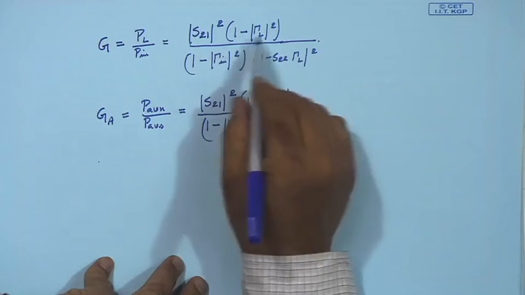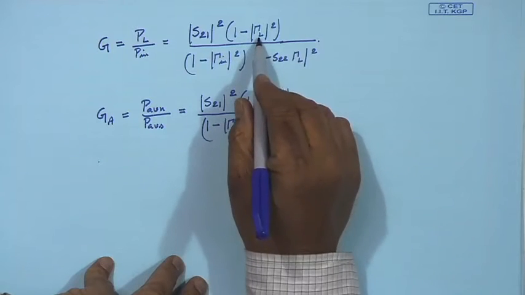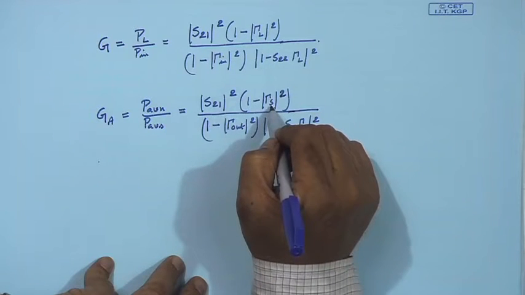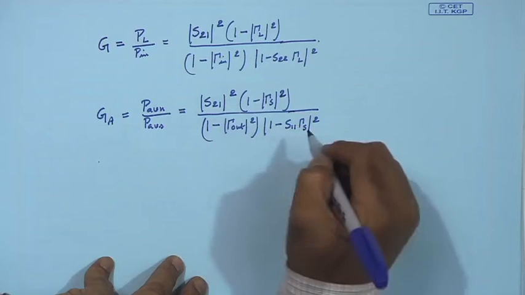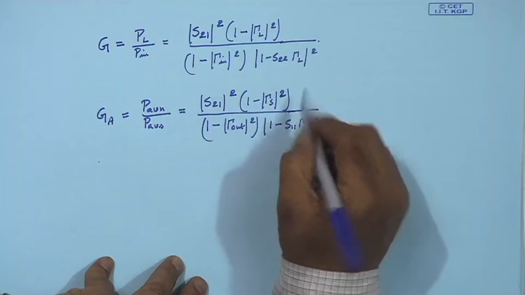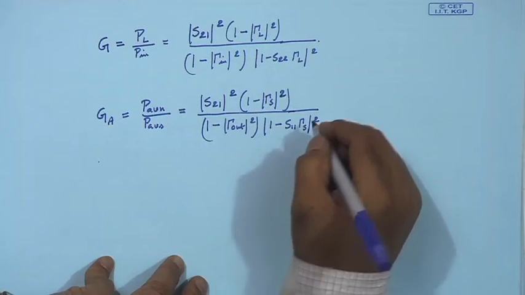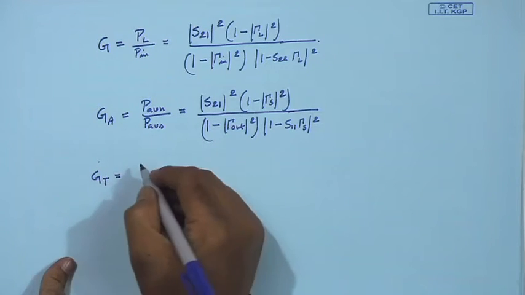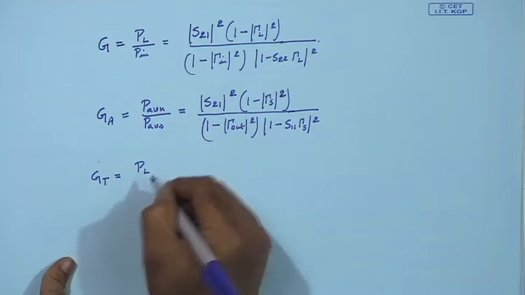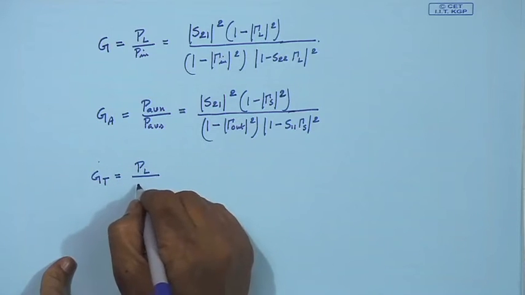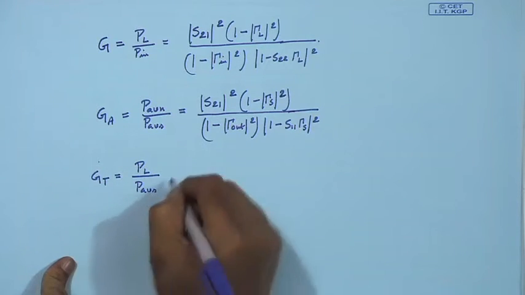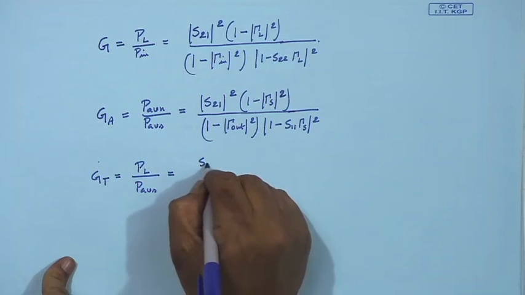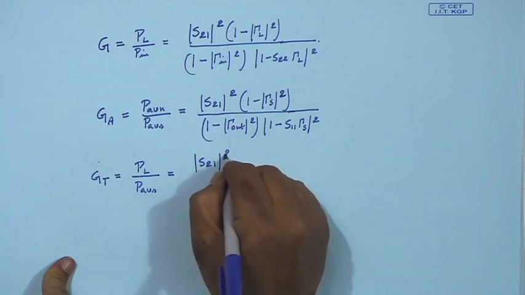You see the similarity that gamma L is changed to gamma S, gamma in to gamma out, S22 to S11. And from the already derived ones we can now write the transducer power gain, that will be S21 square